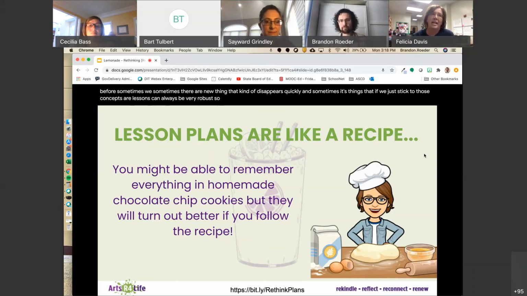So I think of it like a recipe. And this is probably simple, but it makes sense to me. I use food a lot with my band students as examples, and maybe because I like to eat and I'm a foodie. But if you think about it, I can make a whole lot of recipes from memory that were passed down from my grandmother, my mother, my aunts. I really should go back to the recipe and make sure that I have the measurements correct, because sometimes when I try to do it by memory, it doesn't turn out exactly the same way.